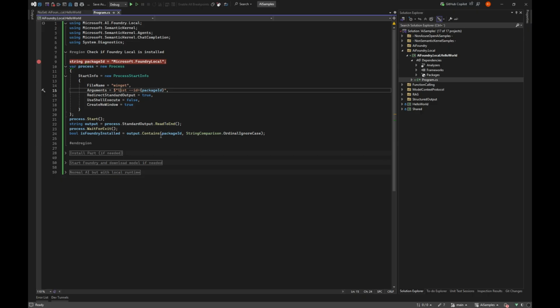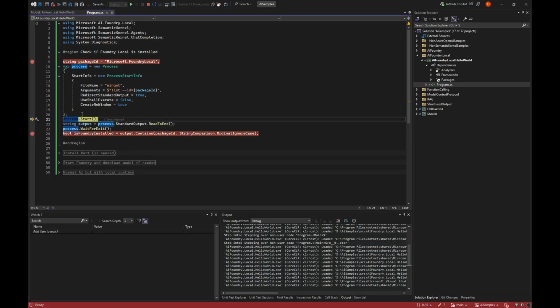Again, this has nothing to do with AI, and if you don't want to do these parts, you don't need to. You can just run the processes yourself. But I'm just doing a winget list and checking if the output actually contains that, which we will see when we go here and run this.